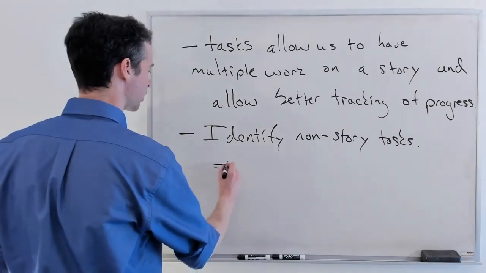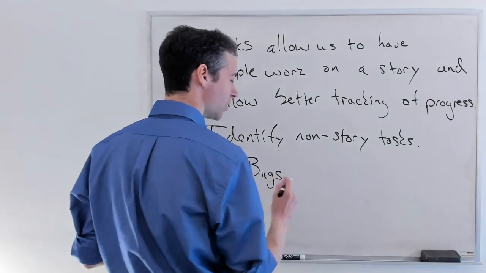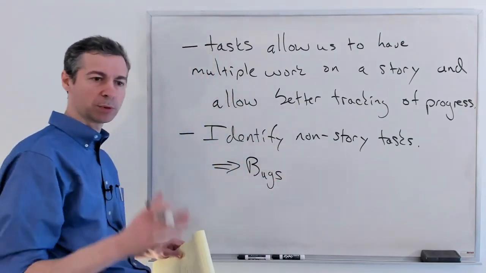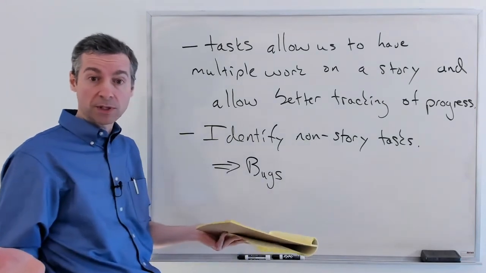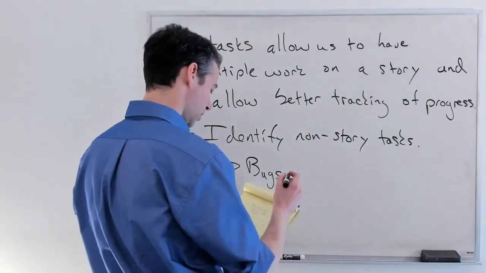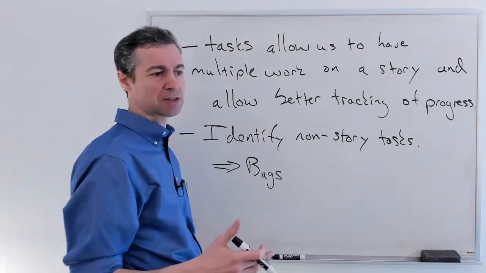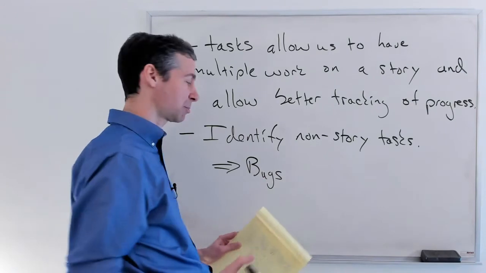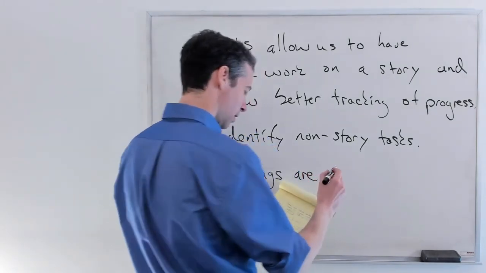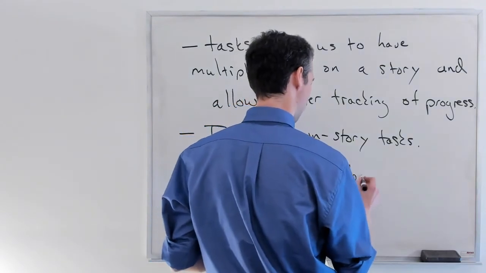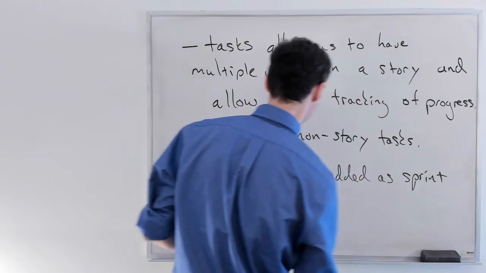A special case of this is as you're working, you may very well notice and discover bugs in the deployed application, which represents our main branch. Oh, yeah, we were doing this and testing somehow let this slip through. We didn't notice this problem. All right. Bugs that are discovered are added as sprint tasks while the sprint is running.